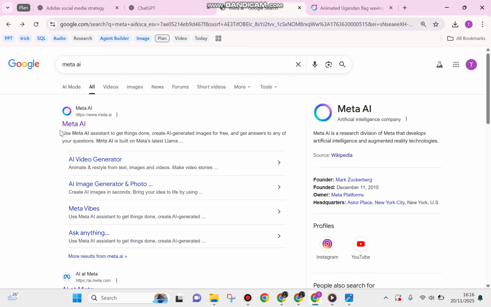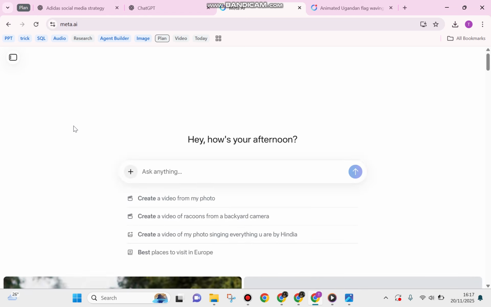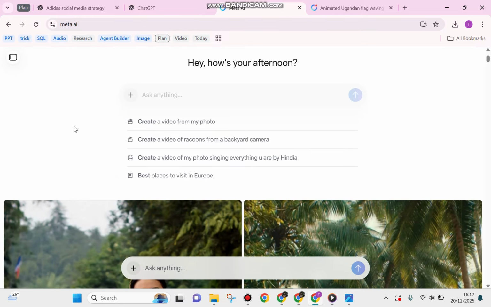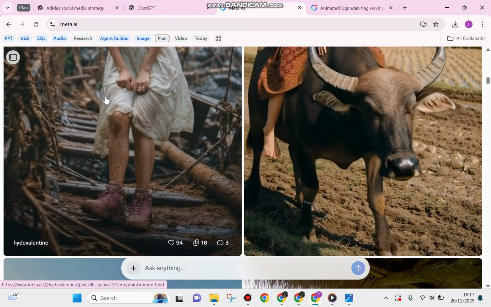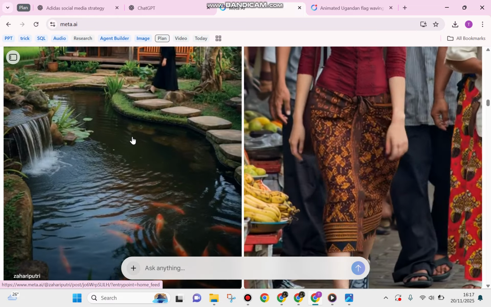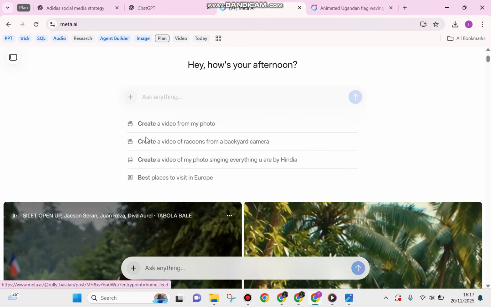Well guys, the tool that you can use over here and that can help you out is Meta AI. You can start to use it, and also don't forget to log in first with your email or Facebook account. And here in this Meta AI, not only can you create the animation, but you can also create the animation from a prompt, or generate a picture and add something in general. And if you scroll down, you'll find a lot of videos or animations that have been made by other